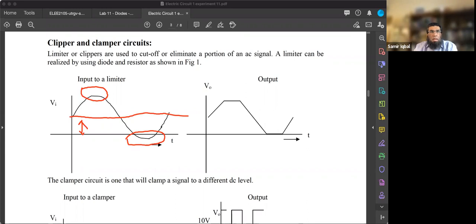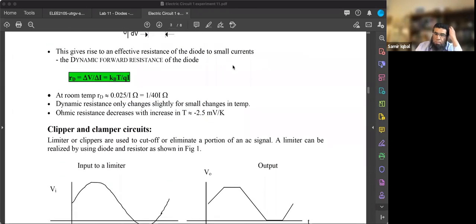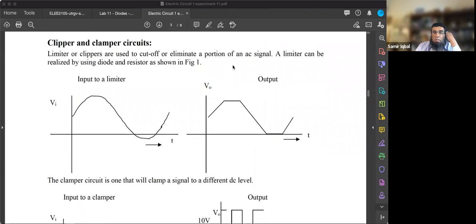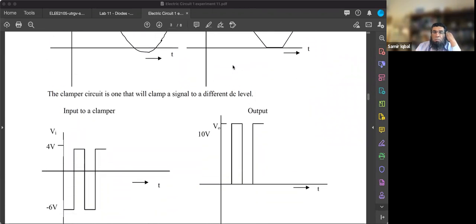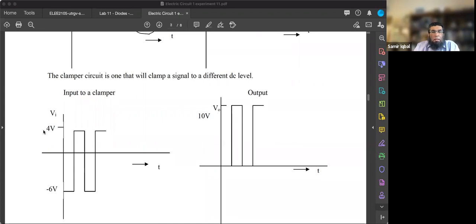So that's one application of what we do with a diode. We use it as a clipper circuit. Another thing we do is called a clamper circuit, which means that if there is a signal which is between +4 and -6 volt, we can use a diode to bump this up, and the difference of these voltages, which is 10 volt,